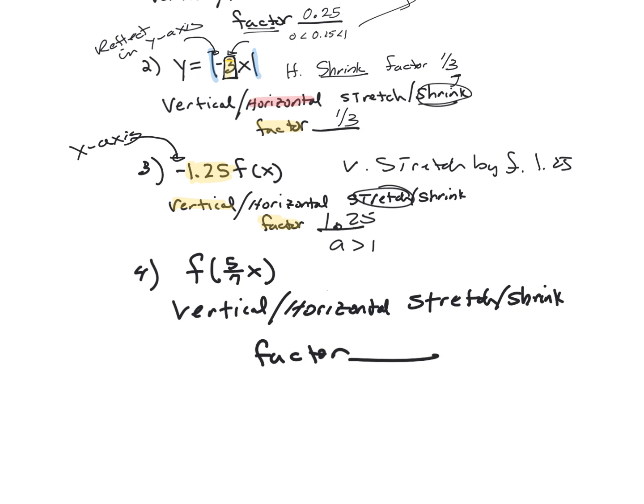What you're multiplying by is 5/7. It is inside, so it's horizontal. But since it's inside, it comes out as its reciprocal, so you have to flip it. And 7/5 is bigger than 1, therefore it is a stretch. So it's a horizontal stretch by a factor of